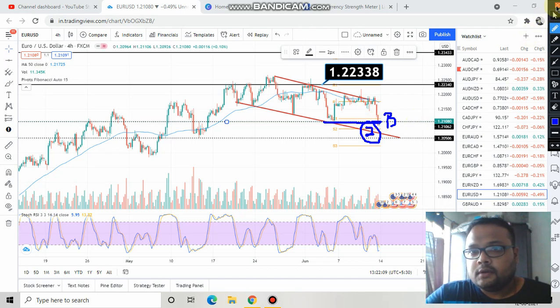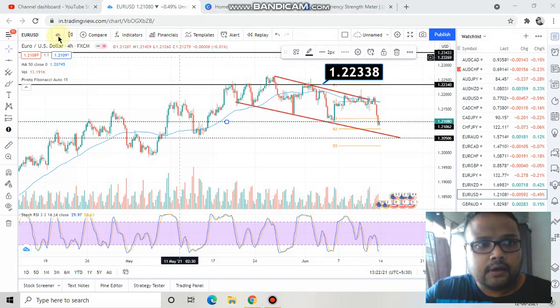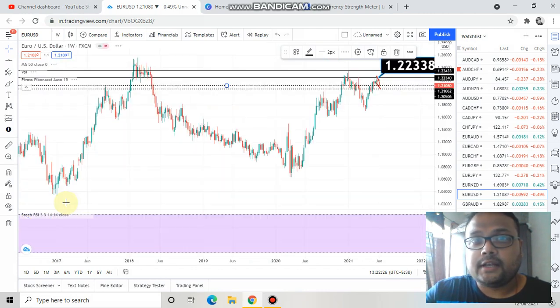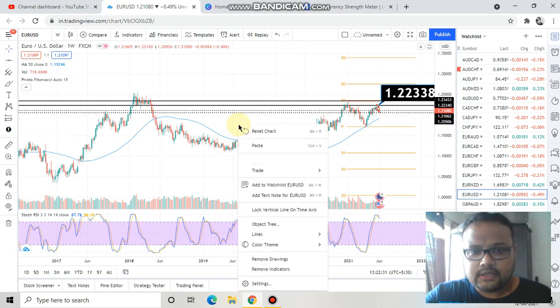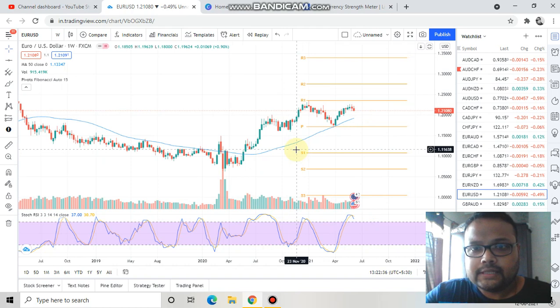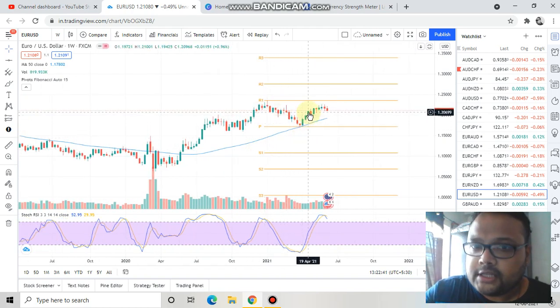And the third trading opportunity is this line or this level, 1.2233. This level is also very much important for the market. I have already shown in my previous videos that this level belongs to the weekly chart, the time frame of the big boys, the big players. So this is the weekly chart of Euro USD, and if I remove the drawings and zoom in, you can see that the market is in an uptrend on the weekly chart also,